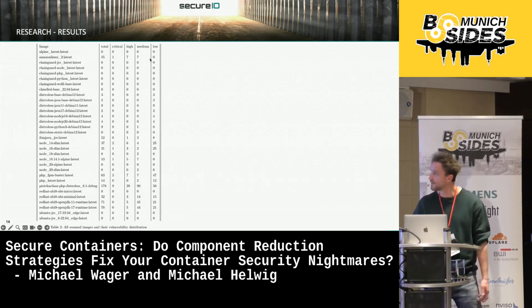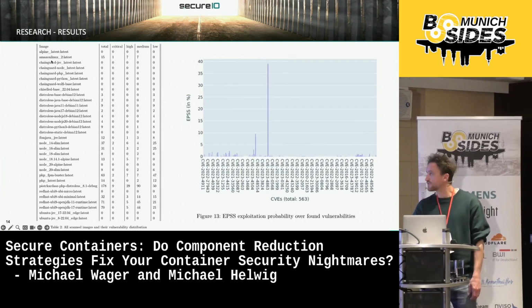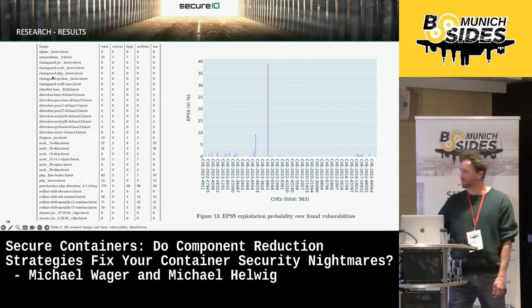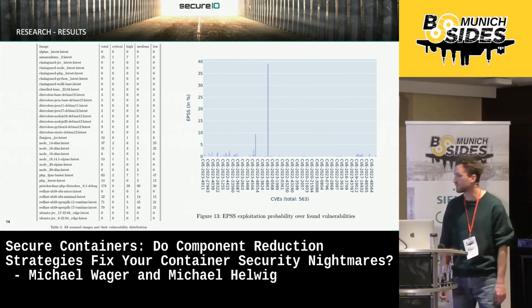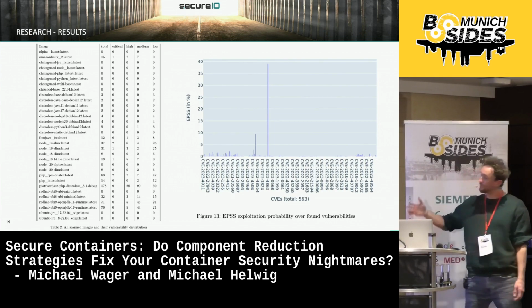This is also the thing they advertise with, for example, Chainguard. Yeah, so this looks good for research question 1. And for the second, we looked at, in total, we found